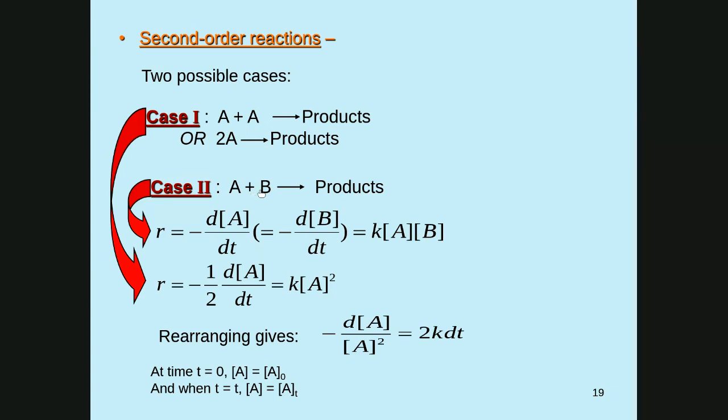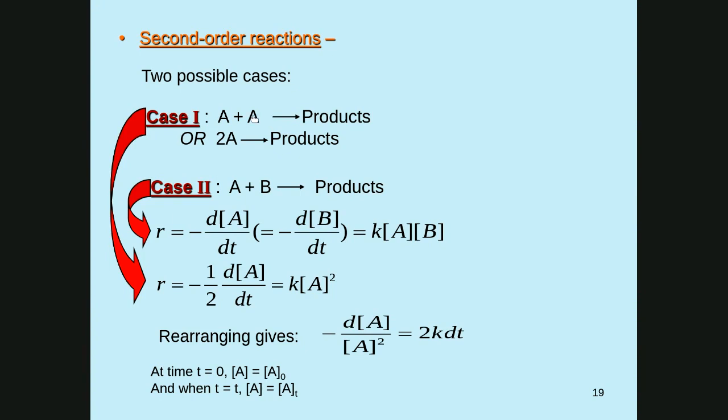Yeah, for each A that is lost, one B is lost as well, and vice versa. And that rate must be equal to the rate constant times the product of the concentrations of A and B. So it's a bit more complicated than the unimolecular rate law, as you can see. Now, this argument can be extended to case 1, where the reaction is one between two like molecules, two A